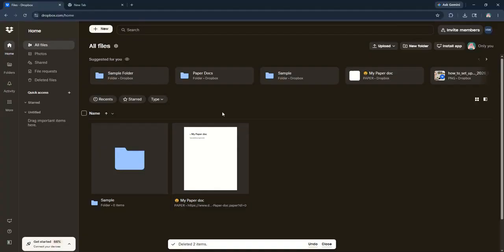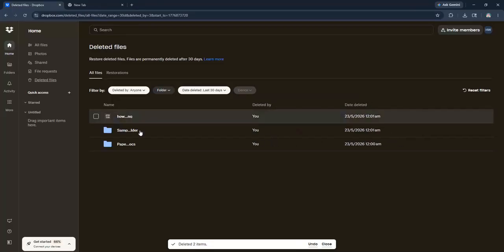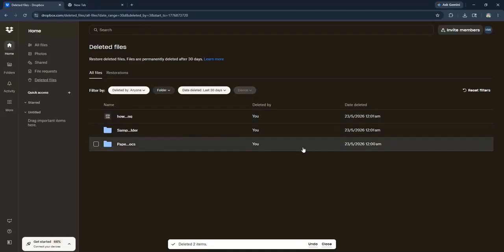For those of you who might have deleted a file by accident, don't worry. Dropbox keeps deleted files in a recovery section for 30 days, so you can restore them if needed. Just go to the Deleted Files section on the left sidebar, find your file, and click Restore if you change